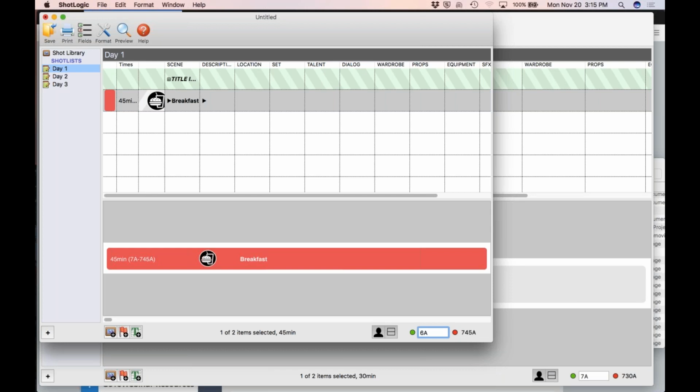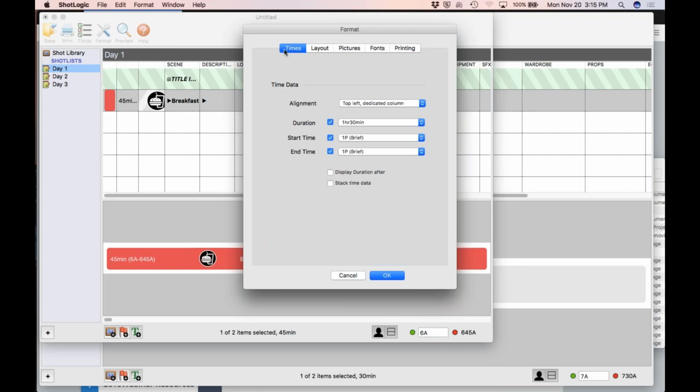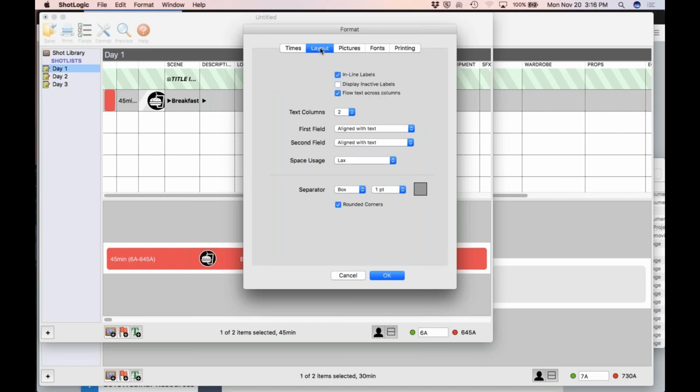Now, also, what you have the ability to do is in the format on times, you have the 24-hour fix, the Europeans, or you can use just a 12 brief or 12 fix format. So you have different options on there. And actually, recently we changed a lot of the time entries based on user feedback. New in this is just display duration after time if you want to. So it allows you just to adjust the formatting. Stack time data, that's different formatting options. And you have all different layout options. Okay, positioning of fields,